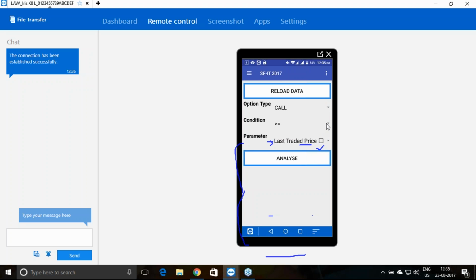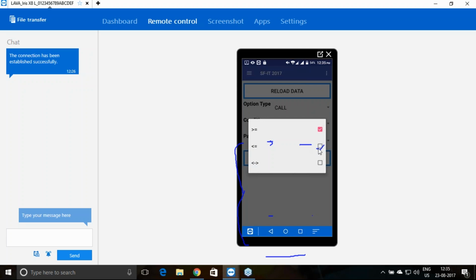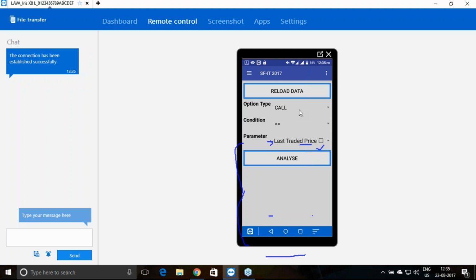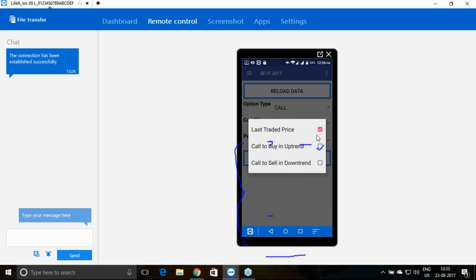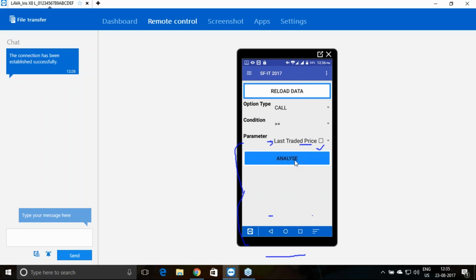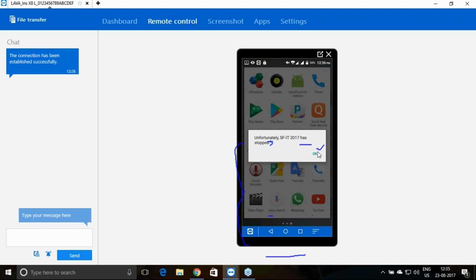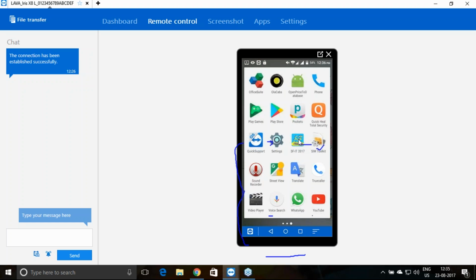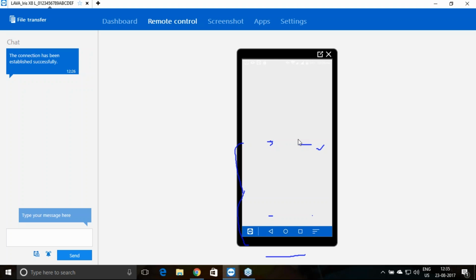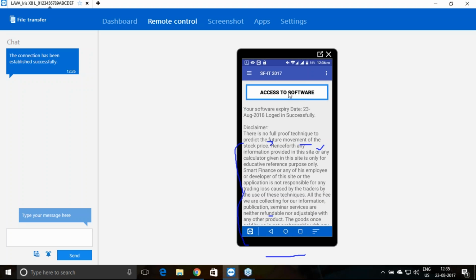Then select the condition, and if you want all call options, and that too greater than equal to the last traded price, which is selected by default, and you hit the analyze button, it can analyze and give you the data which is associated with